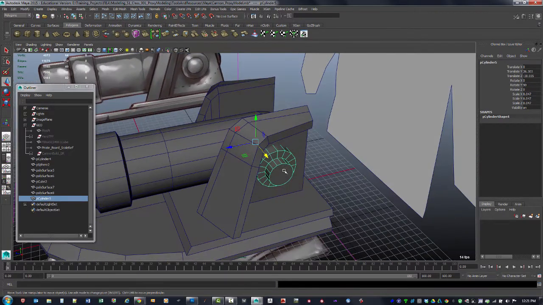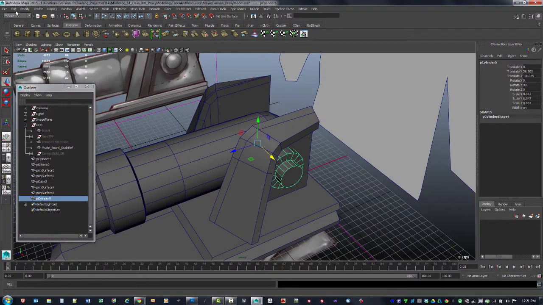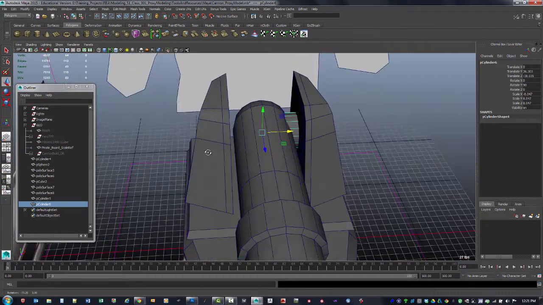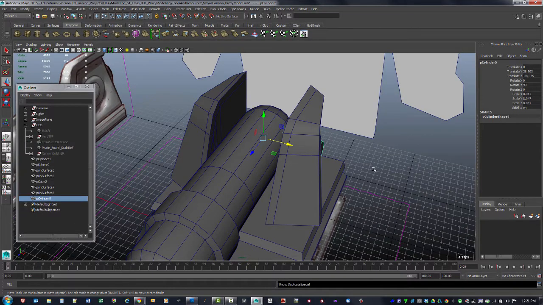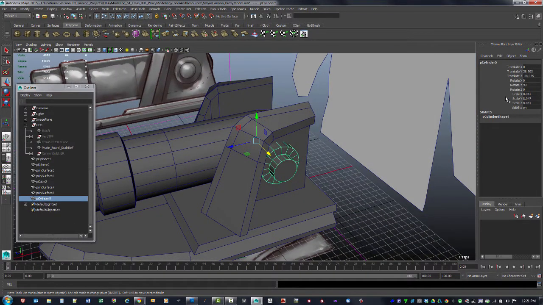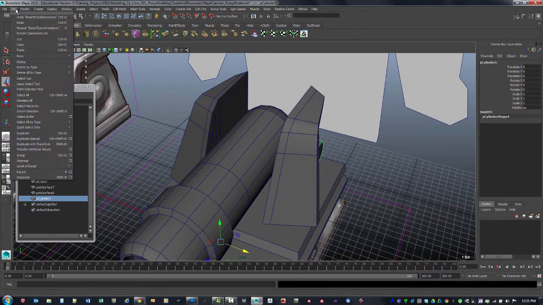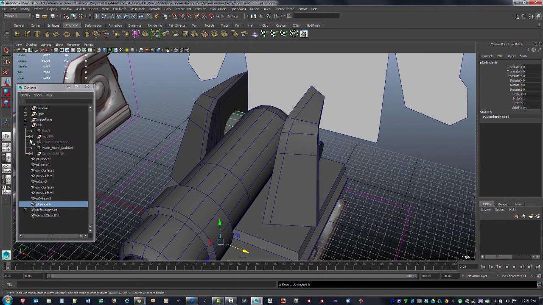And we've got a copy. Well, let's make a copy. Let's make an instance of this thing. So we'll just go to Edit, Duplicate Special. We have already set it up, so everything should be working. No, it didn't, because I've got translation and scale and everything else. So let's go through those steps again. We'll just go Modify, Freeze Transformations, Modify, Reset Transformations, and then now we can go to Edit, Duplicate Special, and